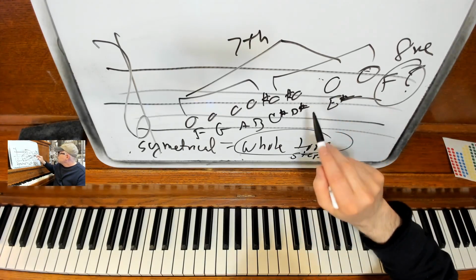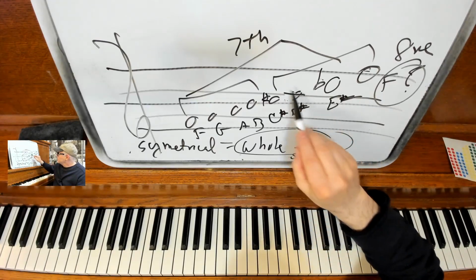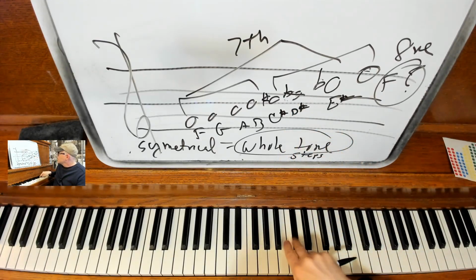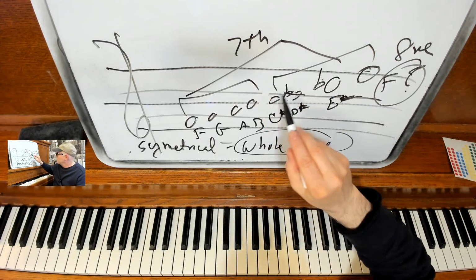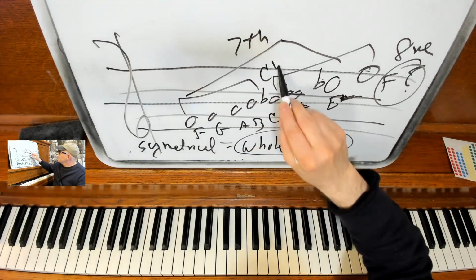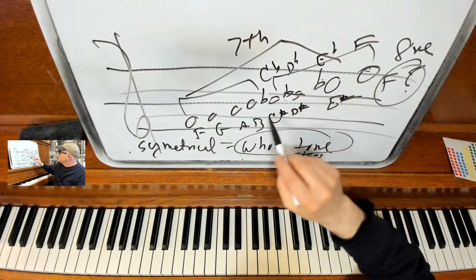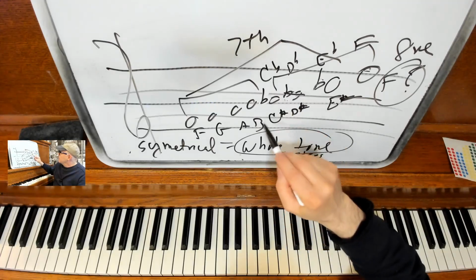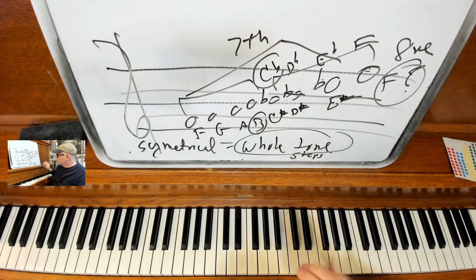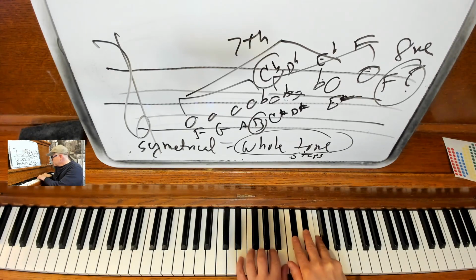F, E flat, D flat, and this would be called C flat, which is the same as B. B and C flat are the same note on the piano. So here's F, E flat, D flat, C flat, which is the same as B, and then B, A, G,